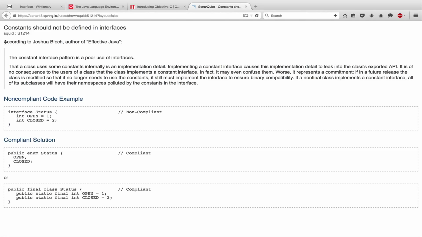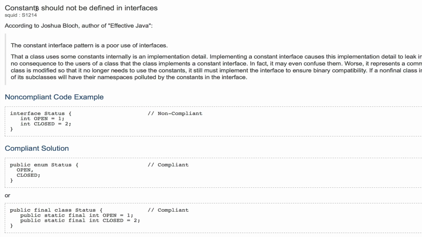But in this SonarQube, it's actually a rule that checks that you don't use constants in an interface. Here it says constants should not be defined in an interface, and there is also a very smart, cool guy, Joshua Bloch, the author of Effective Java, which is, by the way, also a must-read.